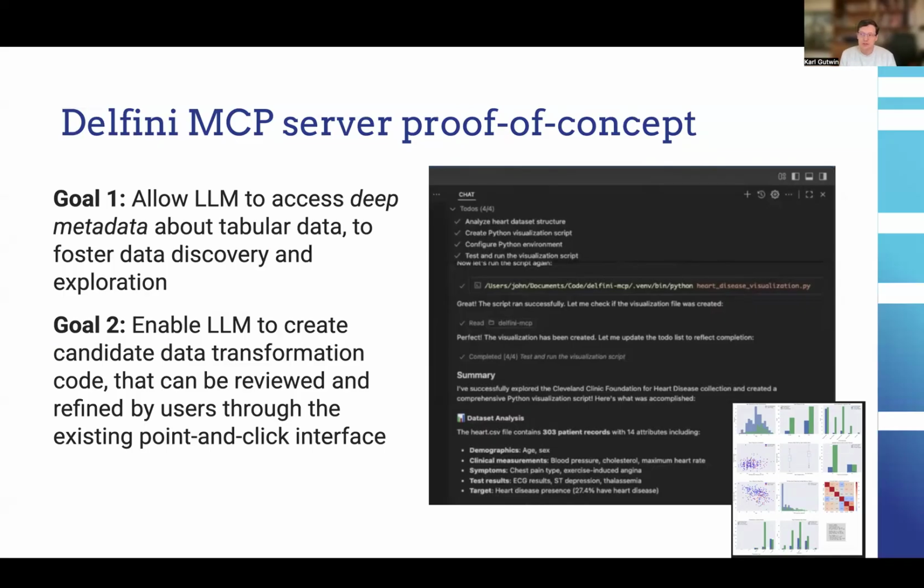As a next step, we also want to explore the ability of the LLM to help users with creating data transformation code. Delphini already has integrated support for performing data transformations, but users must set up the transformations themselves. If we can find an effective path for the LLM to take a user's prompt and automatically generate candidate data transformation code, the user can review it and the resulting output, potentially only requiring minimal tweaks to achieve their desired result. We're optimistic about the future of metadata in scientific data